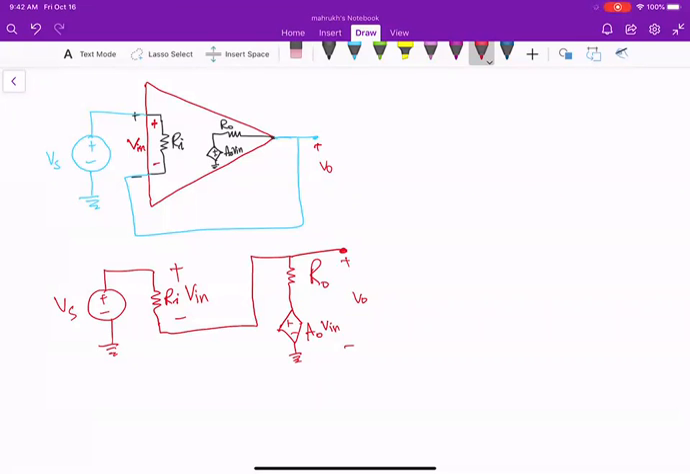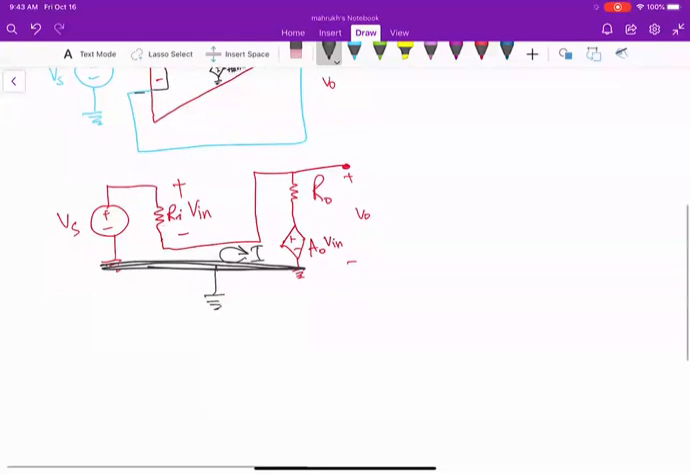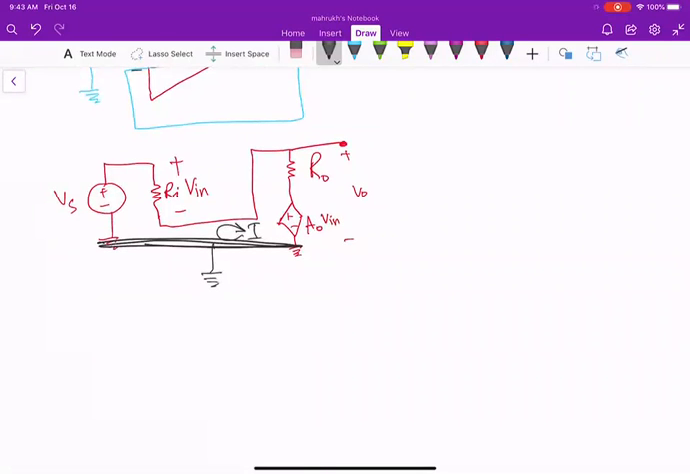So you can see that there is a common ground here. This is a common ground, right? So it means that this circuit is forming one total loop, and there will be a current that is flowing here. So if we say that the current that is flowing is I, we will write the equation, okay? So let's write the loop equation in this case, okay? So that will be